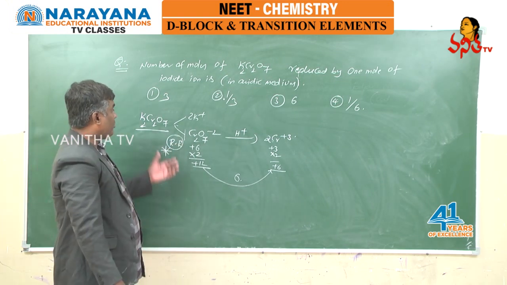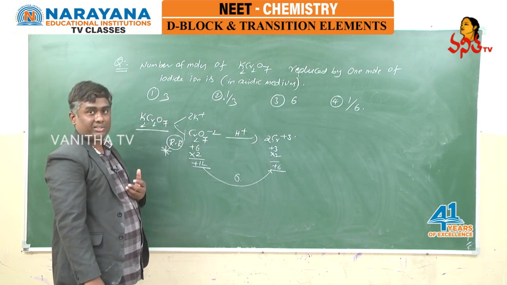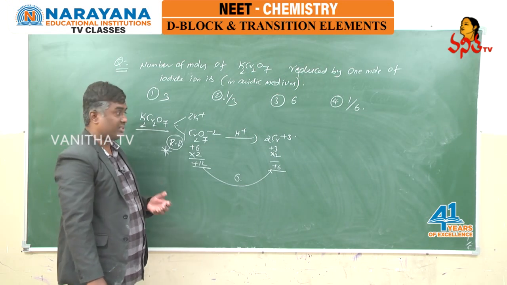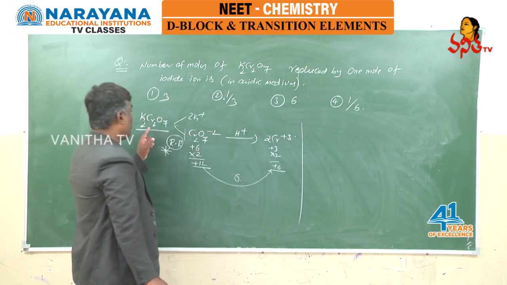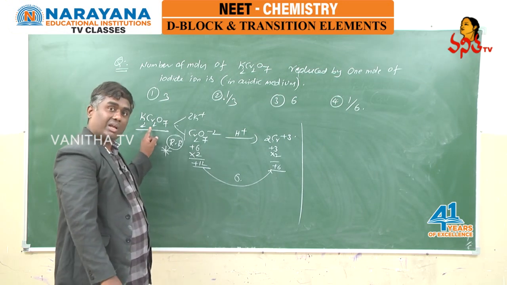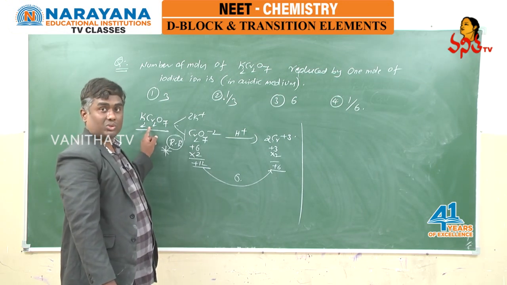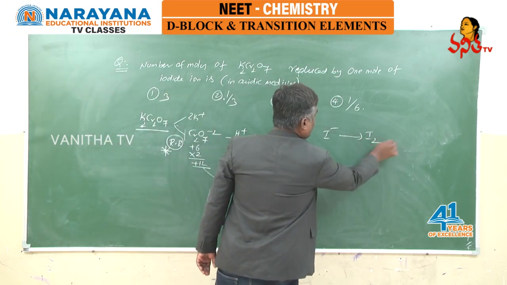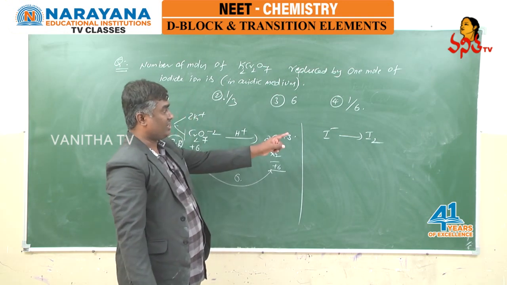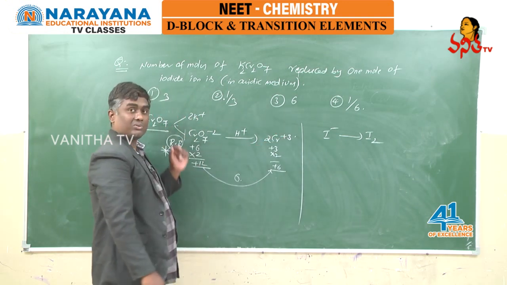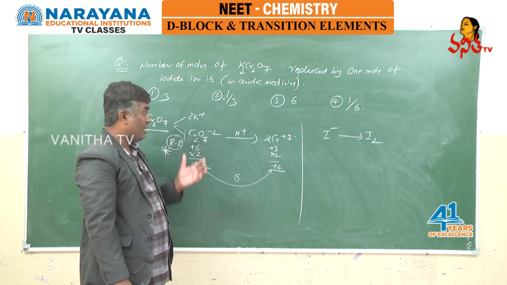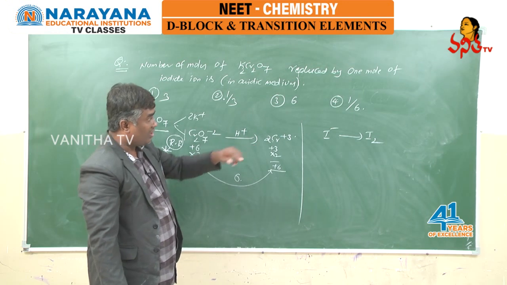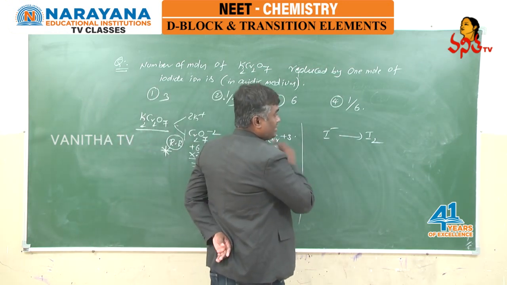And we know that potassium dichromate is a strong oxidizing agent, because in this chromium is exhibiting its highest +6 oxidation state. Because of that reason, potassium dichromate when reacts with iodide ion, it is oxidized to iodine. So what is happening here? Iodide ion is oxidized to iodine, and for this oxidation reaction, oxidizing agent is K2Cr2O7 only. So in acidic medium, K2Cr2O7 can oxidize iodide ion into iodine. So first of all, we have to balance the iodines.